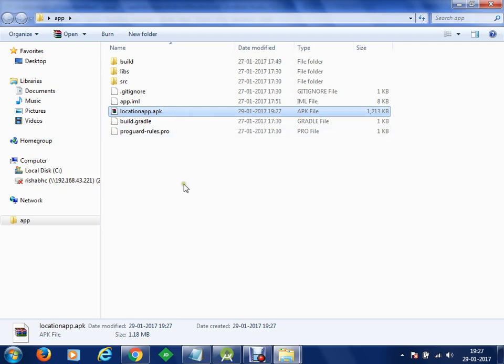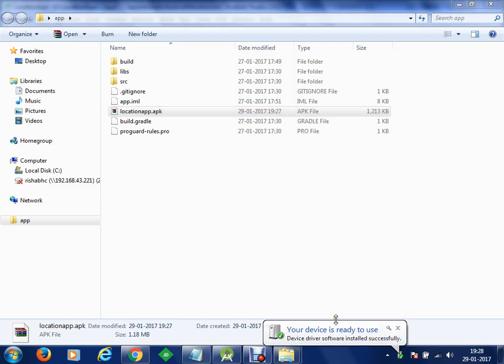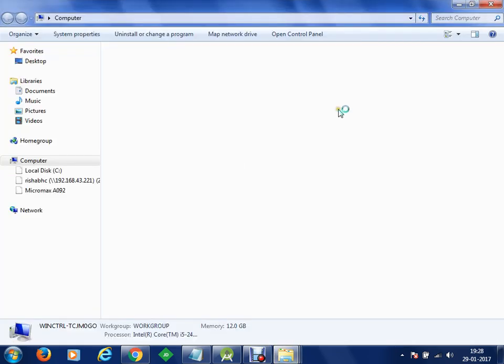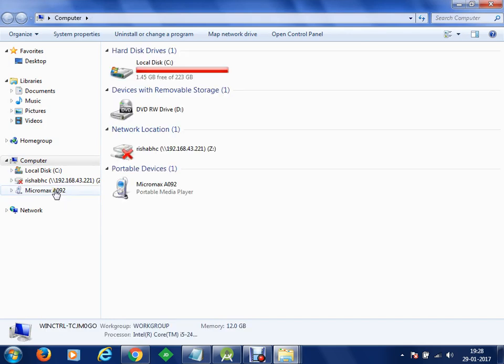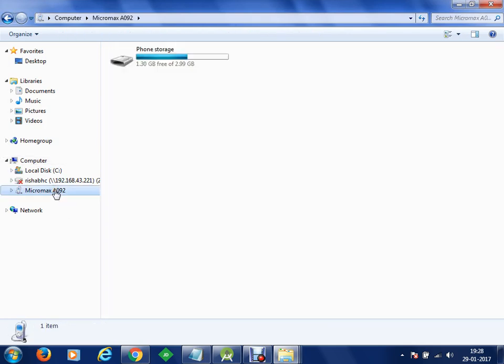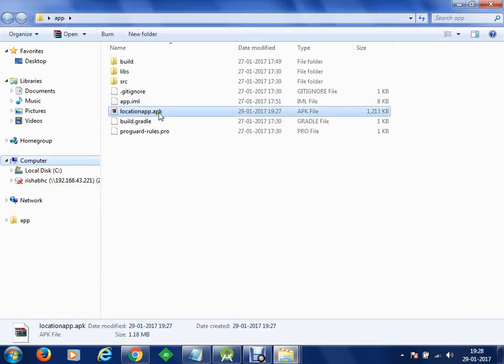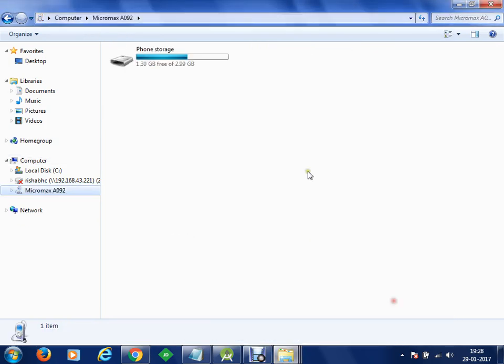So now what we can do is simply connect a device and copy the file. Now the device is ready and we are going to get the phone mounted here. You can see that we have got Micromax A092 mounted here. We can copy the location app.apk into the phone directory.